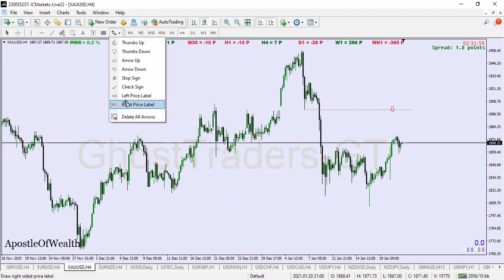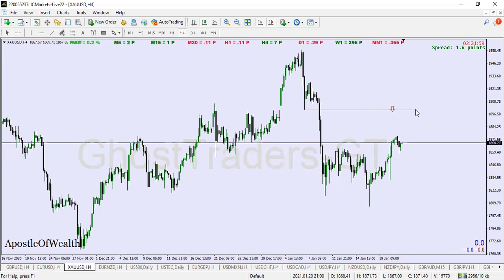Let me just put this price tag so that you get to see. When price gets to this level, it might actually come up a little bit just to spike this level that you see here before you see price decline. So your stop loss is going to be here. If you feel like putting your sell limit here is going to increase your stop loss,